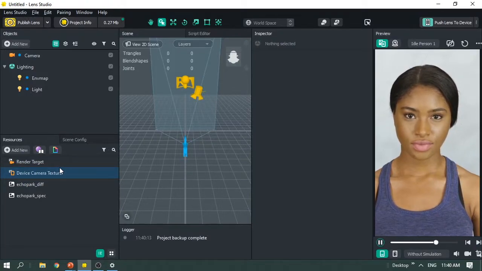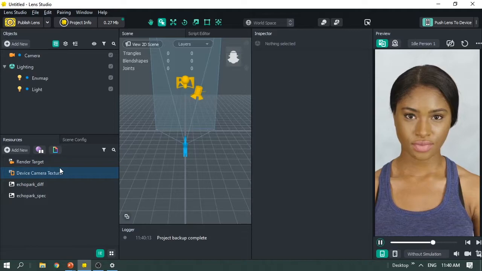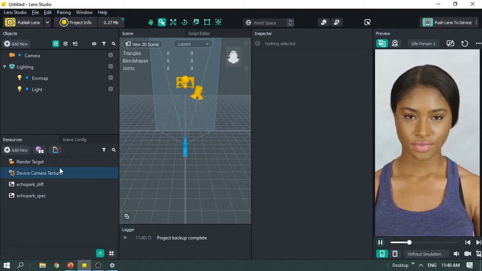Alright, so in this video we're gonna learn how to create a randomizer using a script. This script was created by Apoc, one of the Lens Studio community contributors, and I will put his YouTube channel link in the description below so you can check his channel. And also I will link the script in the description as well